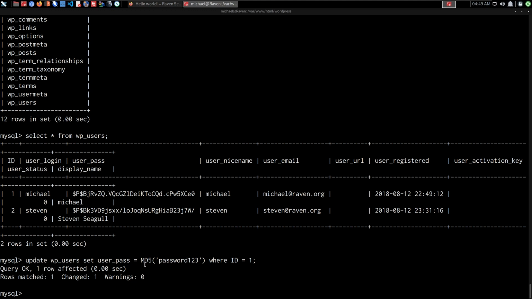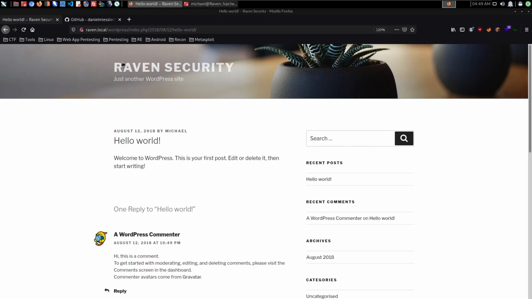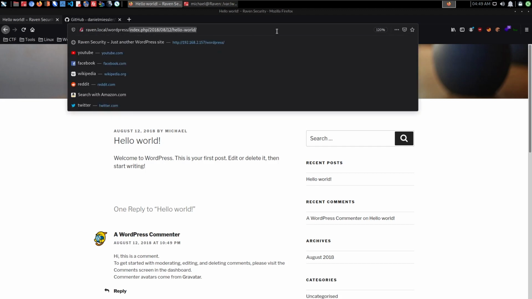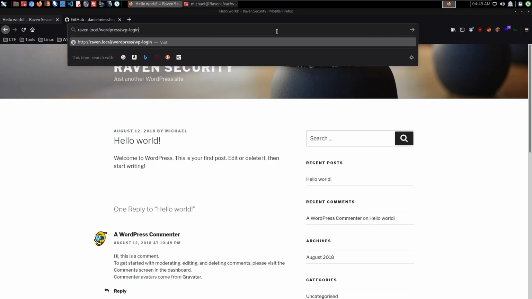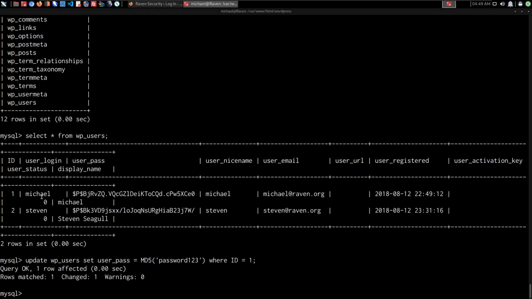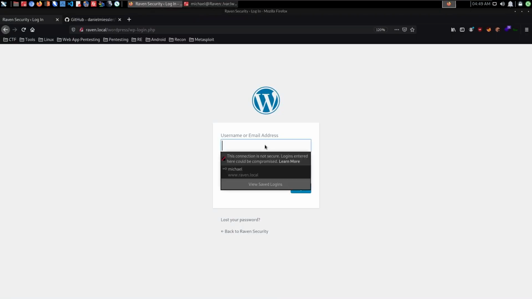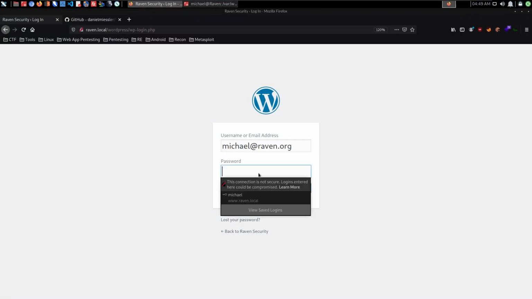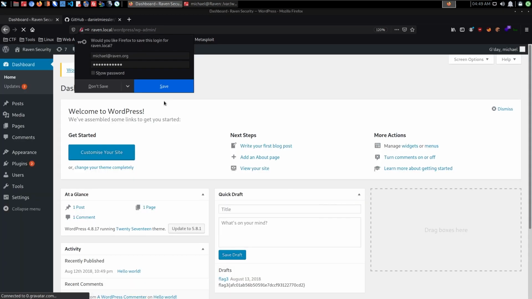So now that that is done, we can try and log into the WordPress site. So I'm going to do that right now. I'm just going to go to the WordPress login.php page. This is how you log into WordPress. As you can see, it works out fine just there. The username is Michael. We can also log in using their email. We can actually try that. So can we? Yeah, we can actually use the username or the email, and the password is password 123. We hit login, and voila, we have logged into the WordPress administrator,